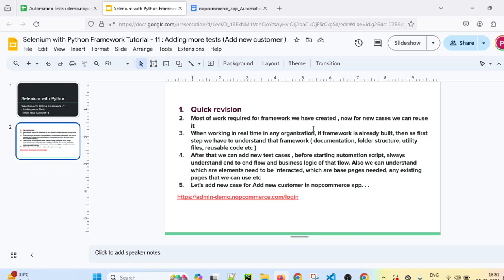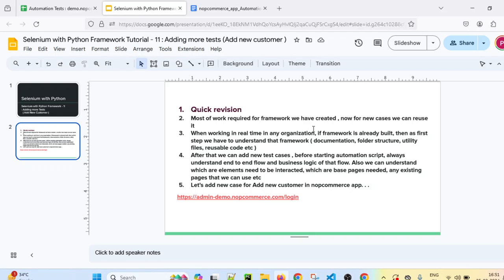In that situation, we first have to understand that framework, the framework structure which is already created. There could be documentation available for that framework. We have to understand the folder structure, utility files, and whether any reusable code is present in that framework or not. So all these things we have to first understand. After that, we can add the new test cases in the existing framework.